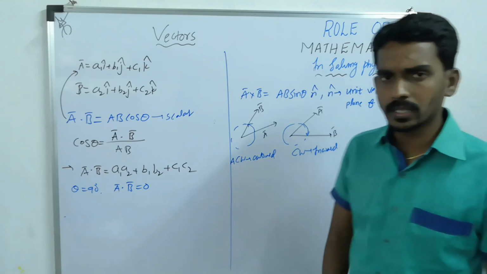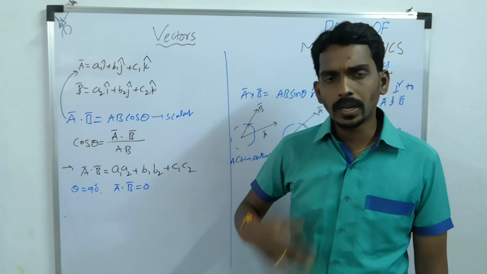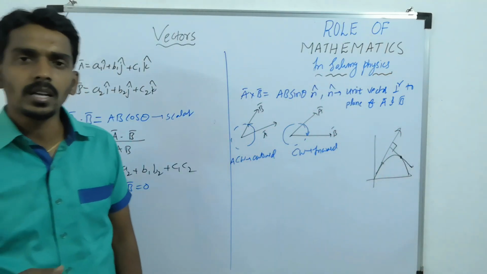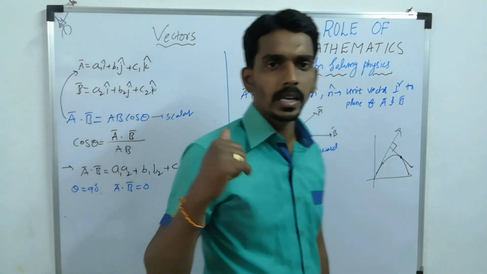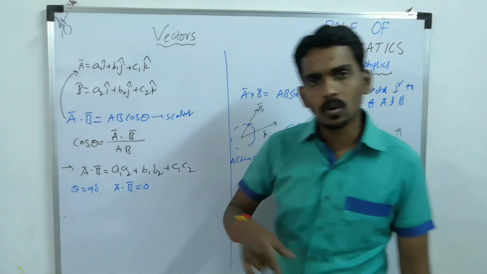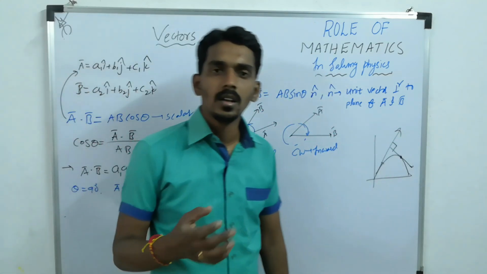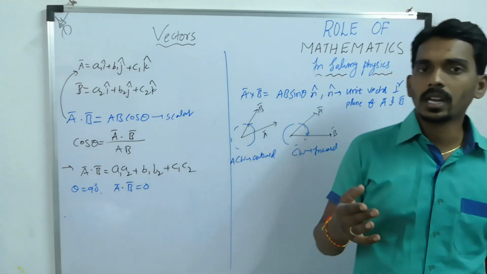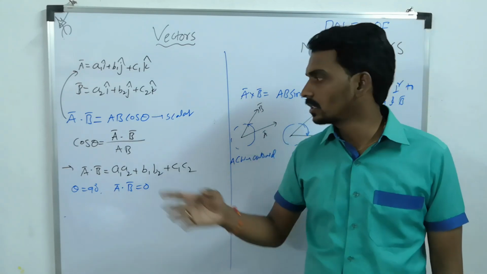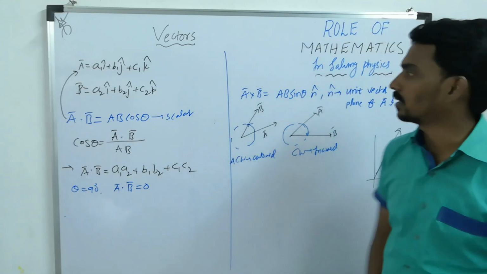And one more importance is that the result of dot product is a scalar. So whenever in physics we want to get a scalar from two vectors, we go for the scalar product. The best example is work. Work depends on force and displacement, but force is a vector as well as displacement is a vector. So work, a scalar, you have to get from two vectors, force and displacement. That's why work is the dot product of force and displacement.